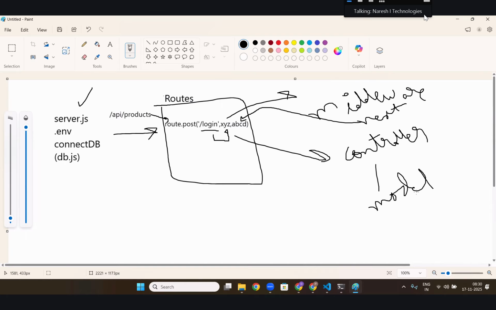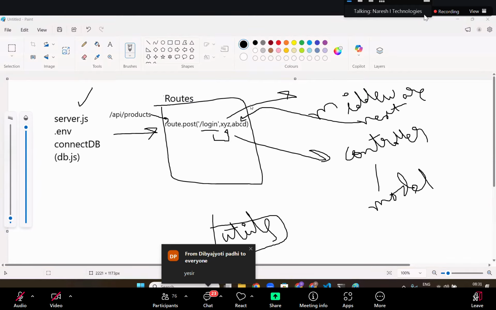Then your application is done. If you want any extra files, you will create something called utils and put extra files on your own, like sending email, putting logs, or something extra. This is the model structure. We did this so many times. Clear? I showed you that I did this. A route is always like this.